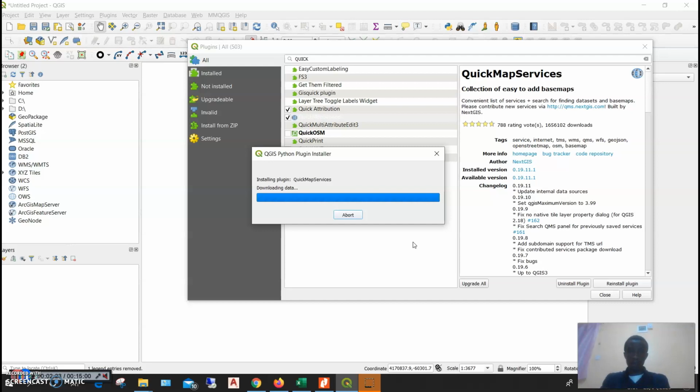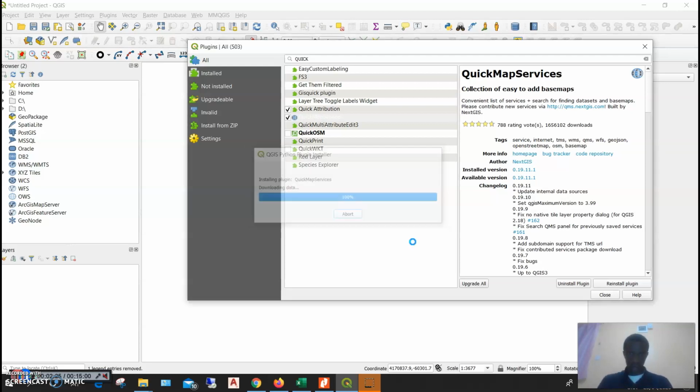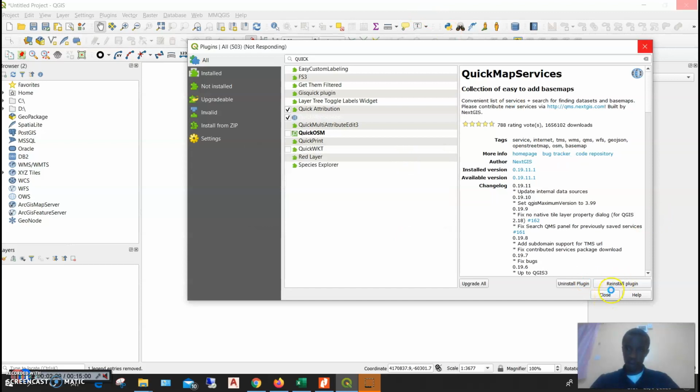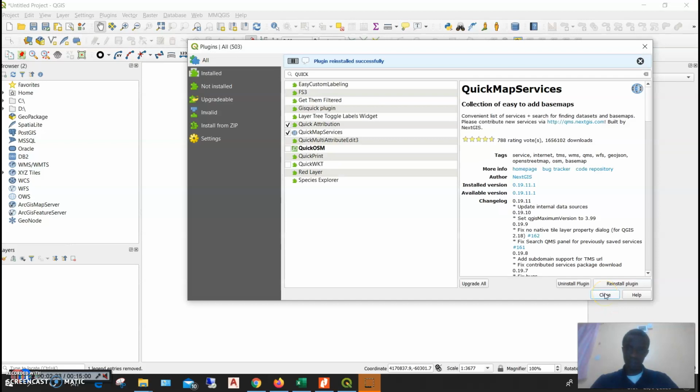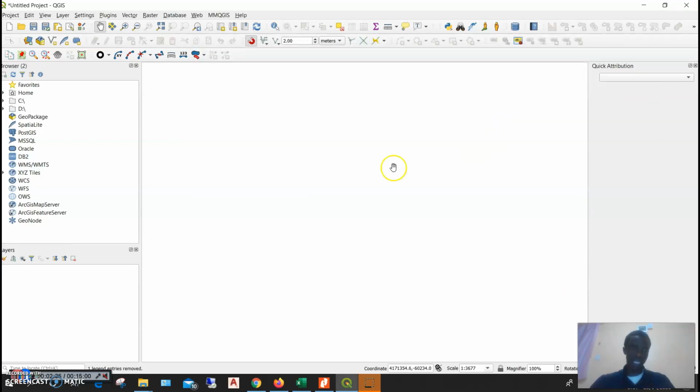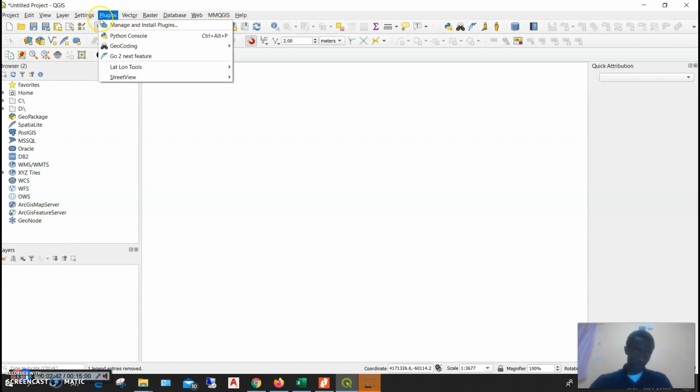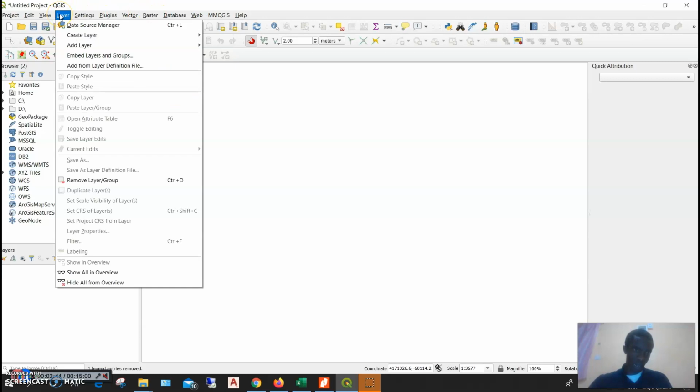So once you have the plugin in place, you can close this window because we no longer need it for our tutorial today. You can access the plugin at this window.